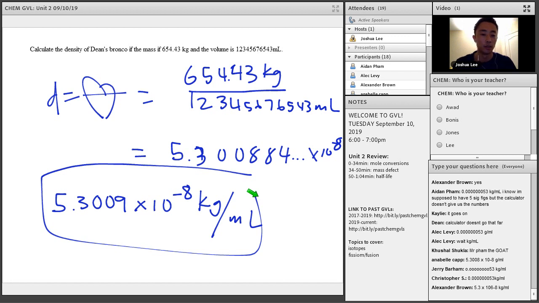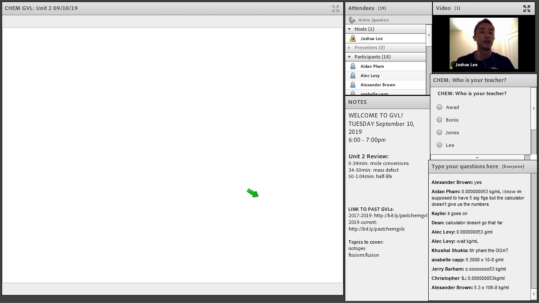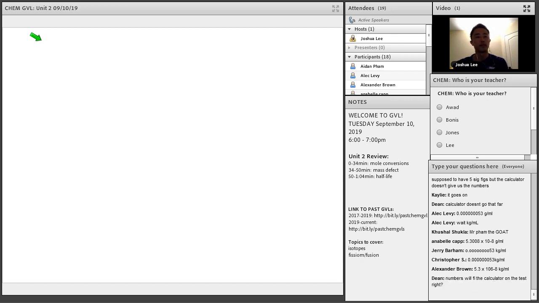Let's do another density problem where it's a little different. Who else can I talk about? Ooh, density of